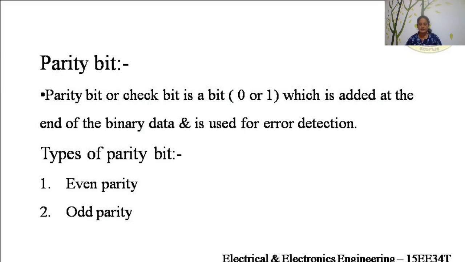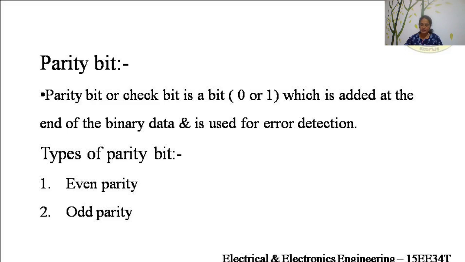Next is the parity bit. It is also called as check bit. It is of 1 bit length and it is added at the end of the binary data. It is used for error detection. For example, in communication systems,